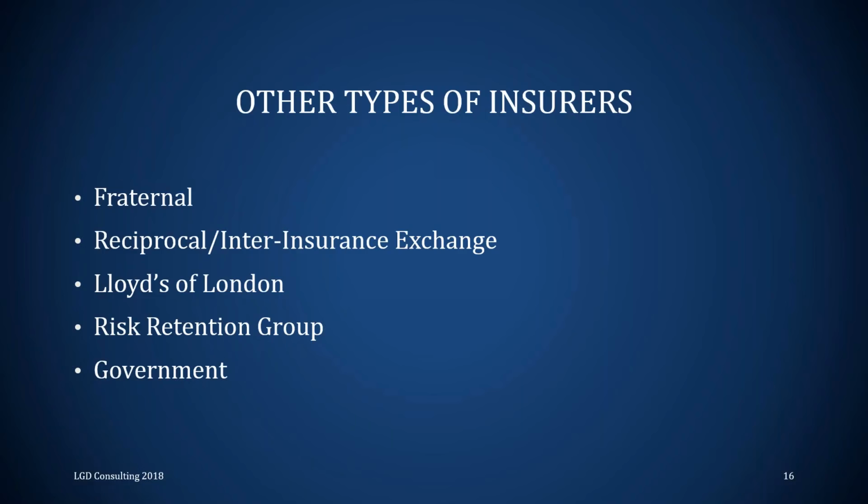Reciprocal or inter-insurance exchange. We are exchanging insurance among ourselves is what this basically is. There's key words here. Number one, unincorporated. So a reciprocal insurer is typically unincorporated. They're going to use an attorney-in-fact to set up agreements between all the members. The best way to understand this is I equate this to a homeowners association. So if you live in this area and there's a homeowners association, you're going to pay dues to the association. Everyone actually pays dues into their own individual account.